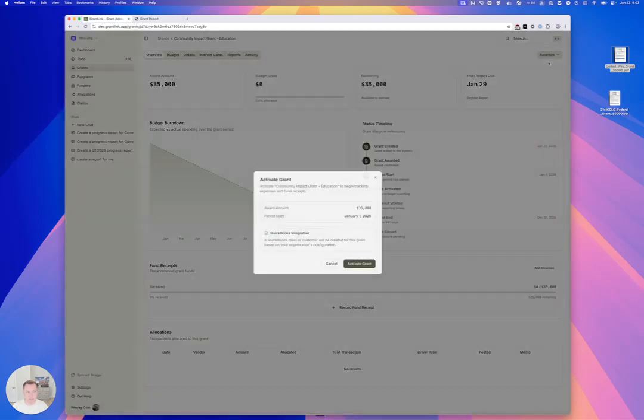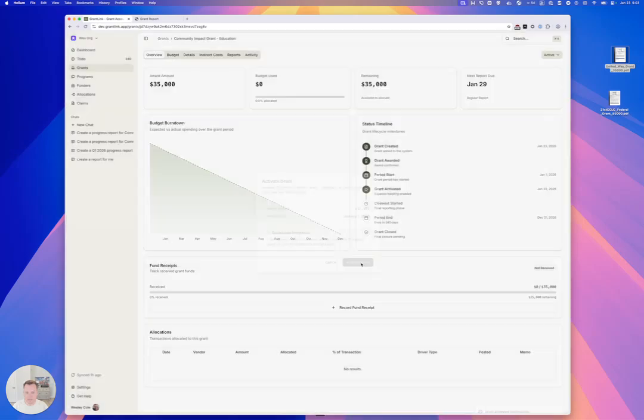Let's go ahead and activate this grant. And this is actually where the QuickBooks integration starts. So we will create a class or a customer for this grant in QuickBooks. It's dependent upon how you map your entities to your QuickBooks entities. We want to work with how you are doing your accounting. We don't want to force a specific accounting methodology. If you use classes, we allow for that. If you use customers, we allow for that. So we want to make this super easy for you to use and work with your structure and not make you have to change everything. So let's go ahead and activate. And now we're activated. You can see it's updated in the status timeline,